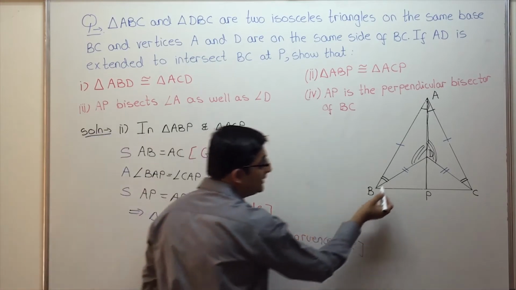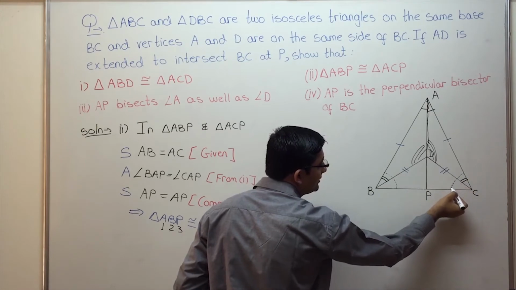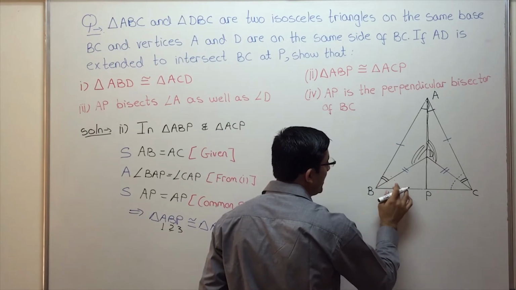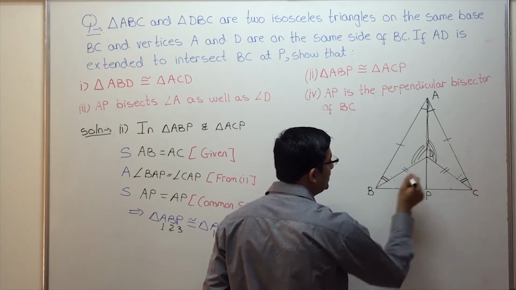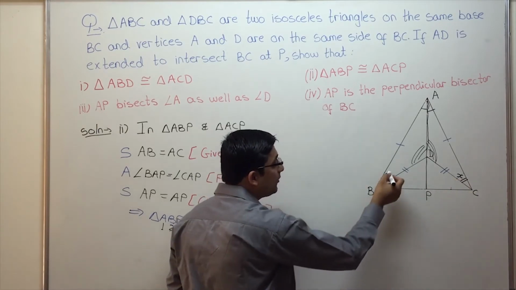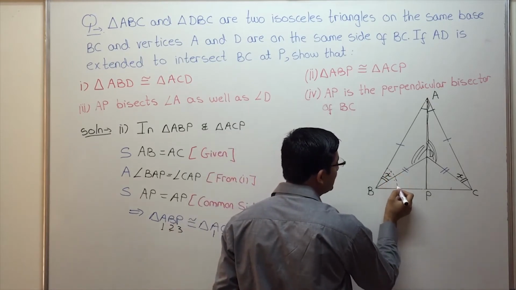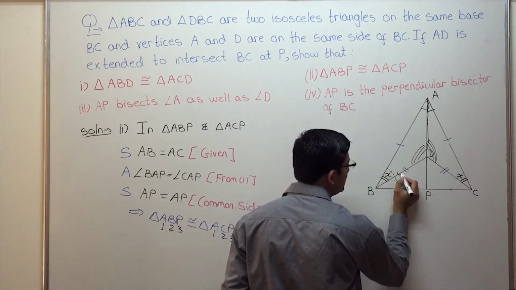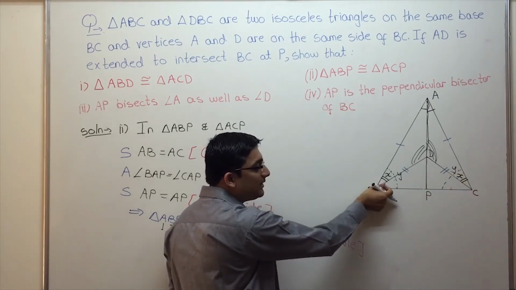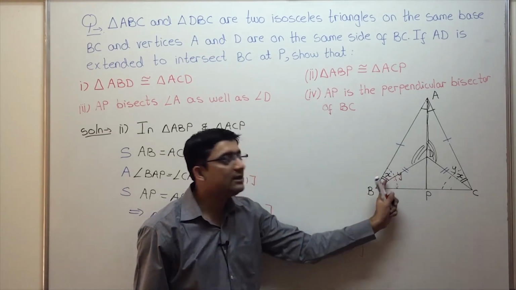Now see, angle B, that means this entire angle is equal to this entire angle, right? So what I'm going to do, to make this easy, see, we know that these two angles are equal. So I'll say this over here is X, this over here is also X, right? Now what is this entire angle? Let's say this entire angle is Y. So I'll say this entire angle is Y, right? So what will this entire angle be? Y. Now if I ask you what is this remaining angle, what will it be? The entire angle minus this. So it will be Y minus X.